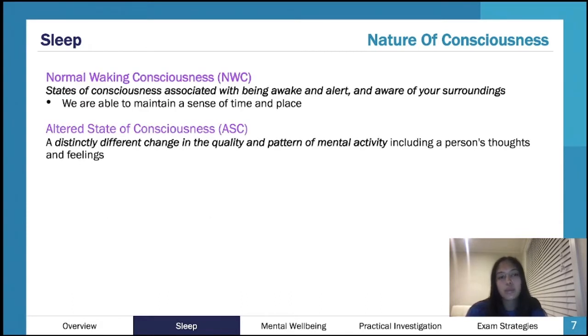So going into these a little bit more, the definitions of these are here. The definitions aren't a big thing to be aware of. I always say psych is a very application-based subject. All of your questions are applying it to a situation. You rarely get a question saying, what is the definition of normal waking consciousness? Or what is the definition of operant conditioning? You will get a scenario, so-and-so goes for a walk in the park, blah, blah, blah. Is this an example of classical conditioning or operant conditioning?